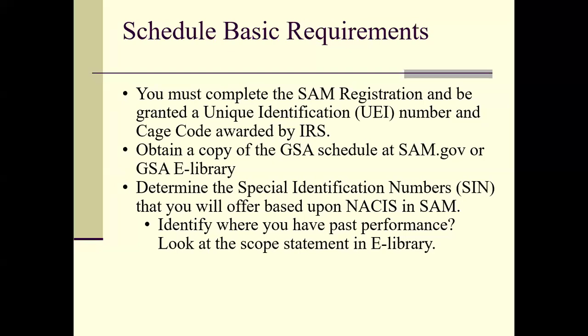Once you've submitted your SAM registration, that goes over to the IRS. And the IRS makes sure that you're paying your taxes and you haven't defaulted on anything. And if everything is good and well, then they issue you a CAGE code. And so with the UEI and with the CAGE code, you can basically bid on any sort of opportunity that comes up if you see it in sam.gov or on GSA. But without that SAM registration, you can't get into GSA.